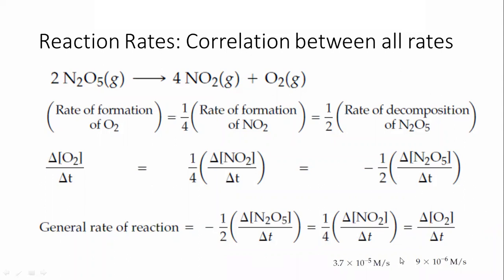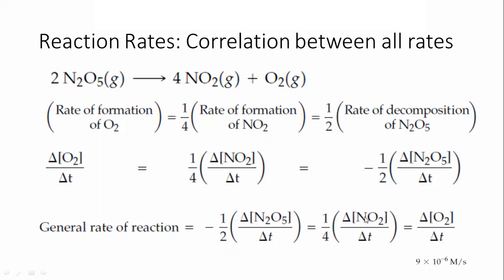Now, again, I am going to remove this one. So here you can take this one. Because here I'm not going to use this one, I'm going to calculate the rate of this by using the rate of the formation of oxygen, which is given. The value over here is 9 exponent minus 6. So I'm putting the value over here. Then you have to calculate the rate of the formation of NO2.